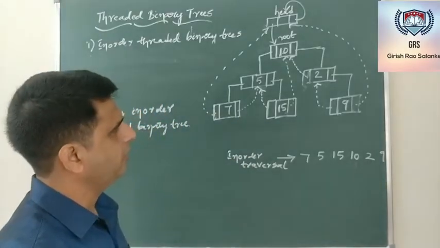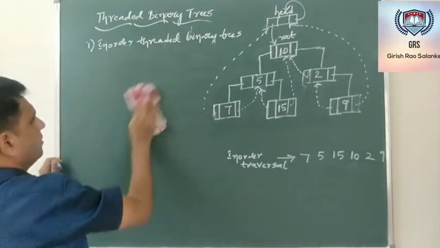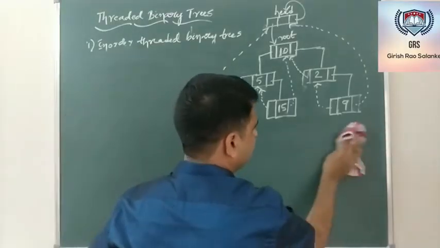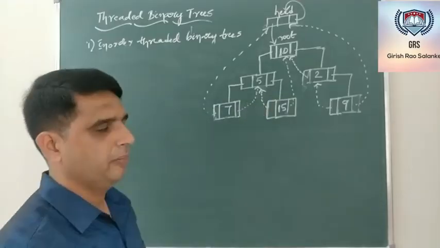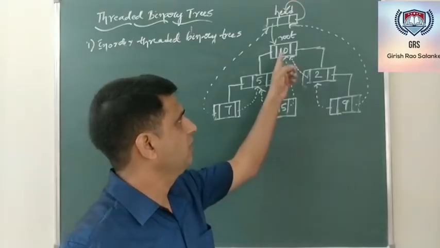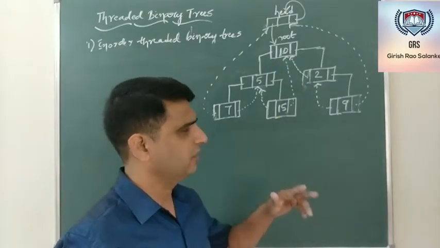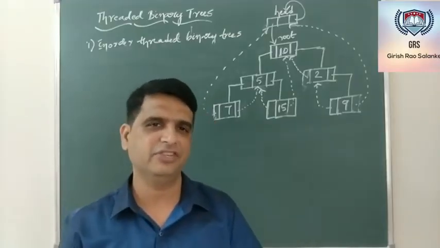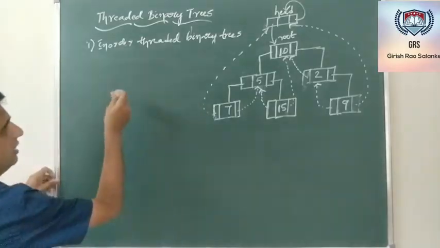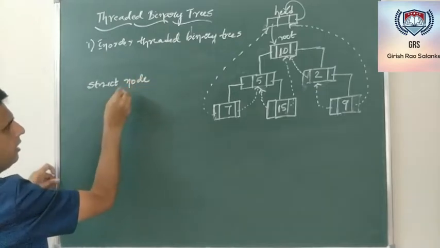One more important thing about threaded binary trees is the implementation. In general, whenever we implement any binary tree or binary search tree, we make sure that each node has 3 fields. The first is the information field, where the data is stored, and then 2 address fields: one holding the address of the left child and one holding the address of the right child. So coming to the structure definition to represent a node in a threaded binary tree.